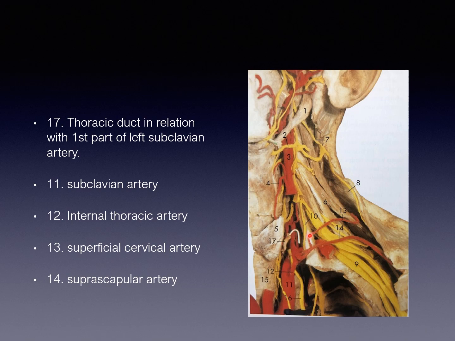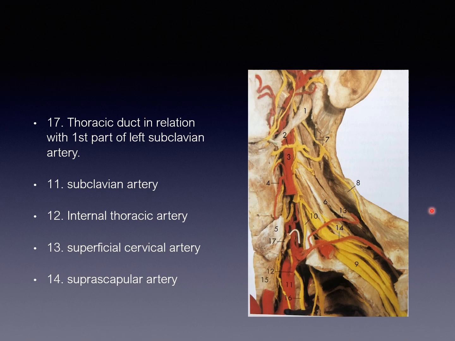Look at this. And then posteriorly, this is the subclavian. Posterior to the subclavian, a nice yellow colored structure comes out. A bunch of nerves, that is called the brachial plexus. The lower trunk of the brachial plexus you can see here. So for posterior relation, you can see the lower trunk of the brachial plexus. Already in the first slide when I showed the first rib, I asked you the structure which is lying anterior to the subclavian artery. So anterior to that you have the subclavian vein. Posterior to that you have the brachial plexus.